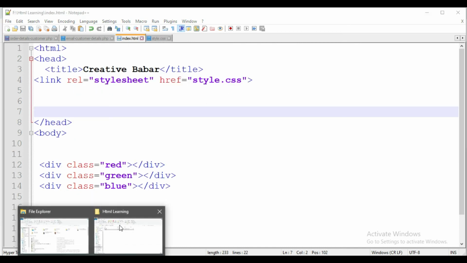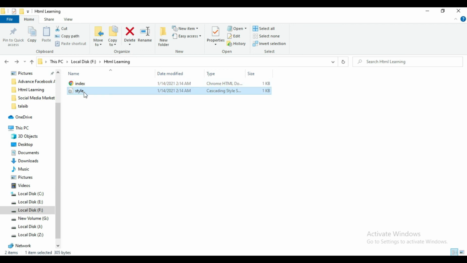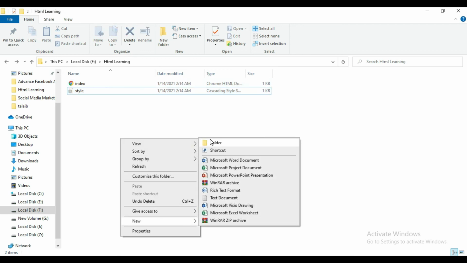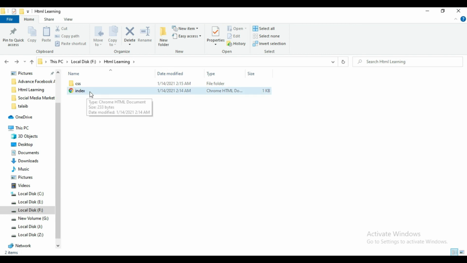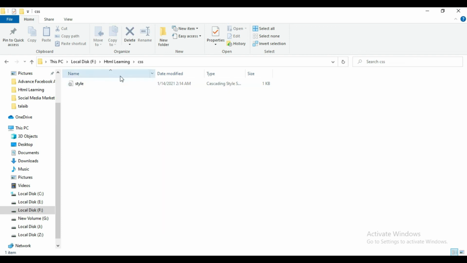If I change the place of the style file, I make a new folder, CSS, and I drag this file into here. So now how do we link it? Now our index file is inside the HTML learning folder, and the CSS file is inside the CSS folder, and the CSS folder is in the same folder as index.html.